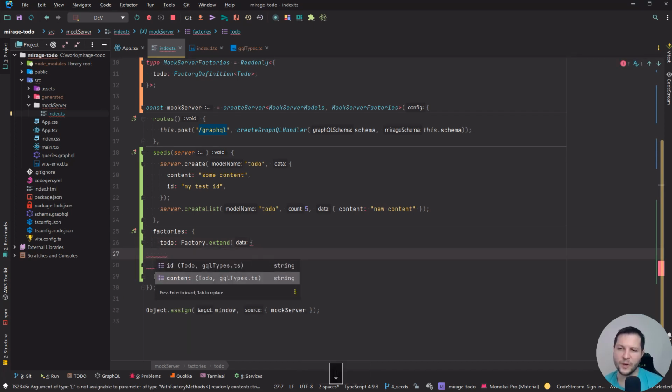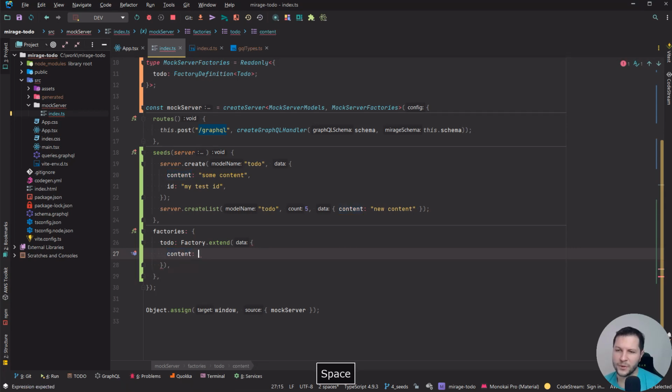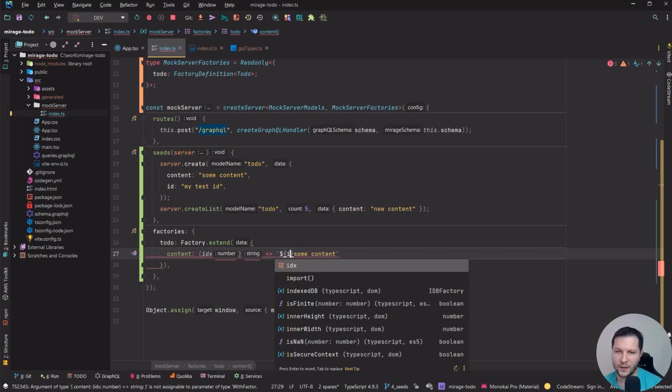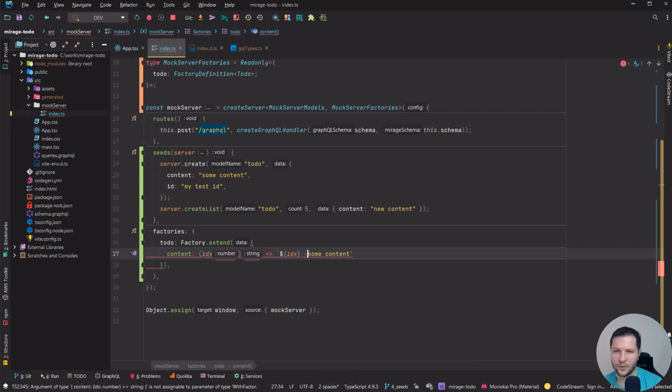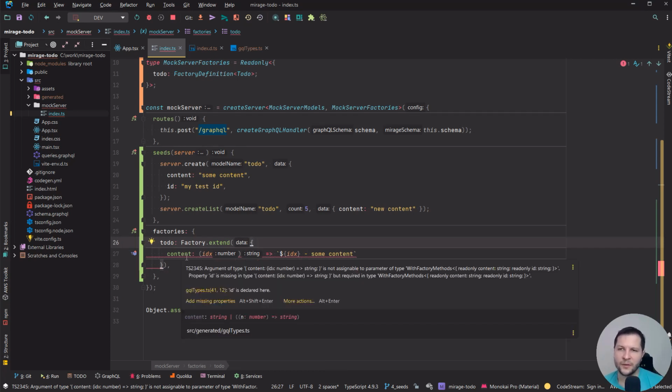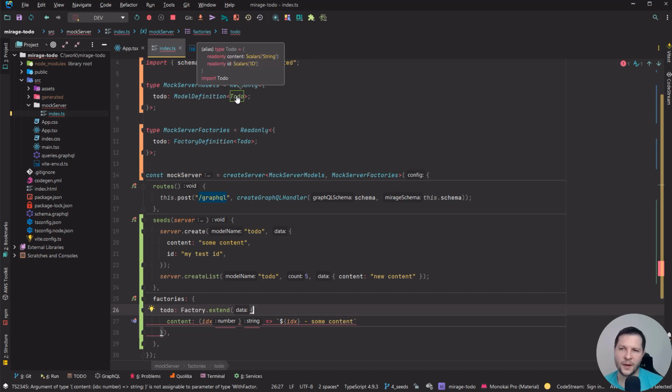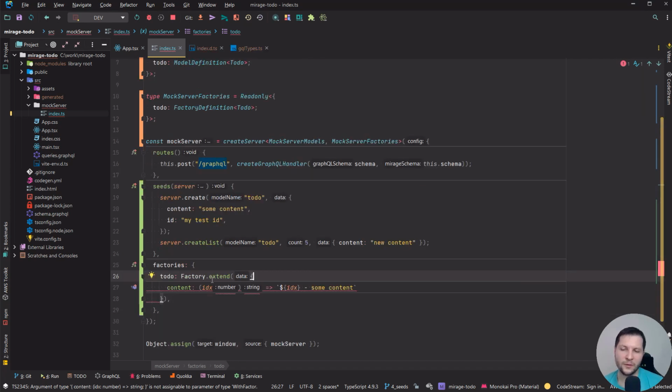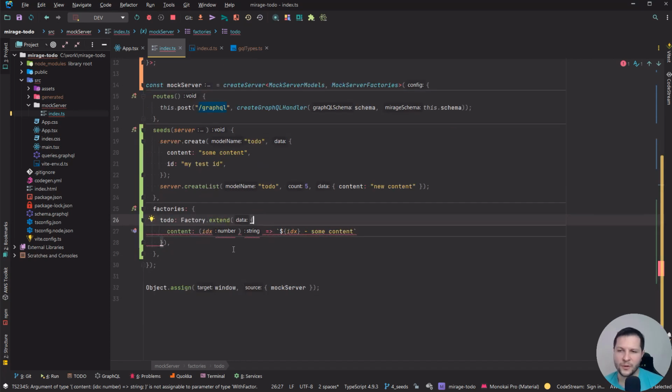And here we can say that we need content, which is a function, which brings us back some content. And in order to make it dynamic, we have a parameter index, and we can put it here, say idx some content. So TypeScript is not happy again, because since we provided type to it, Todo should contain ID plus content. TypeScript doesn't know that Mirage provides IDs by default for us,